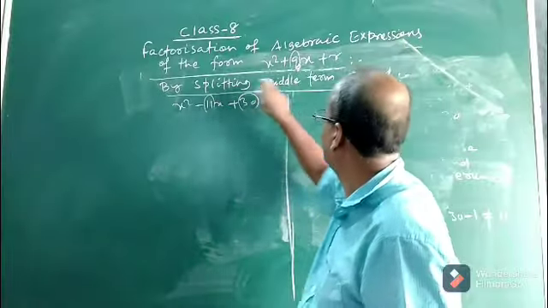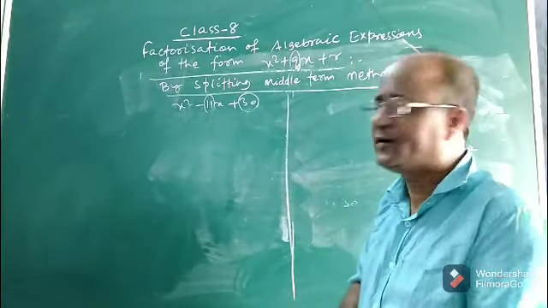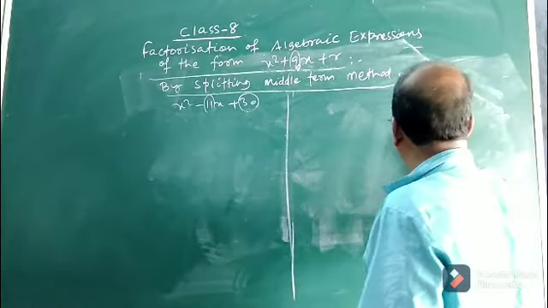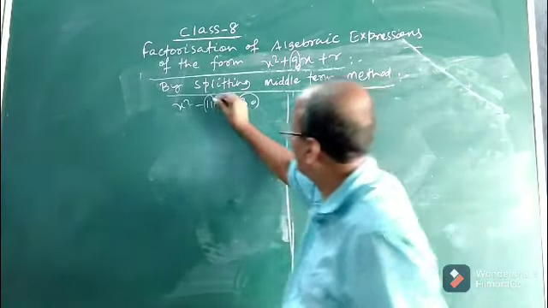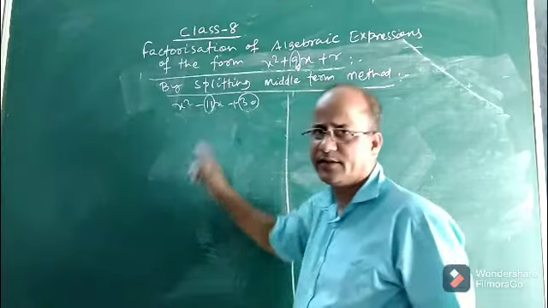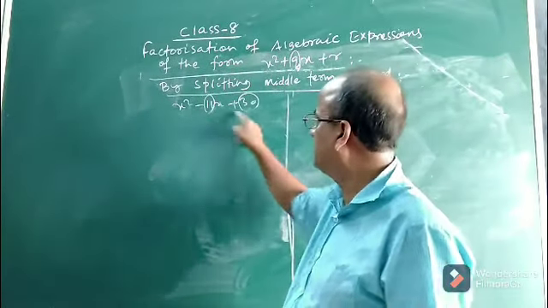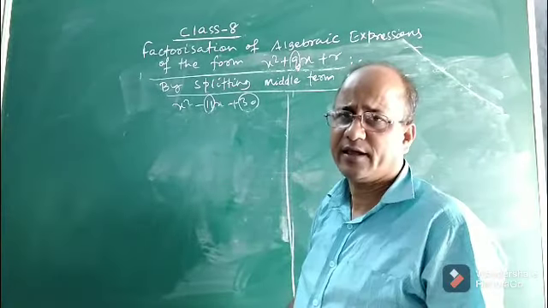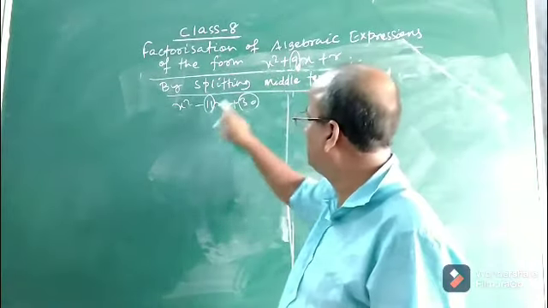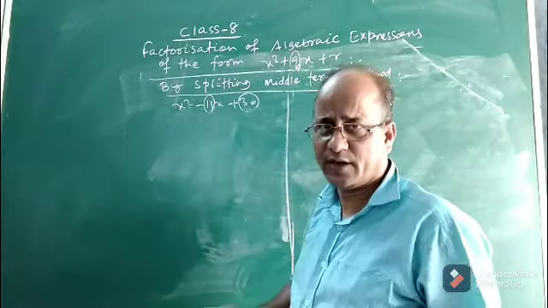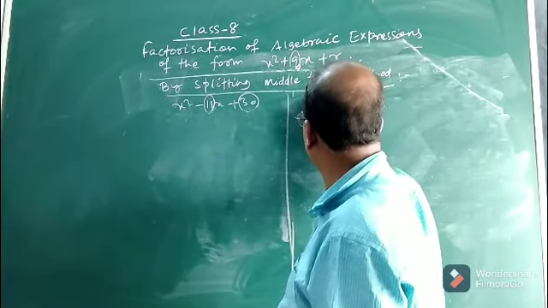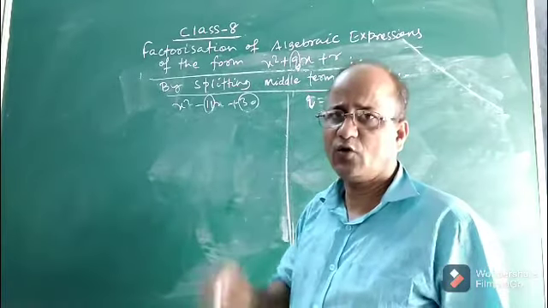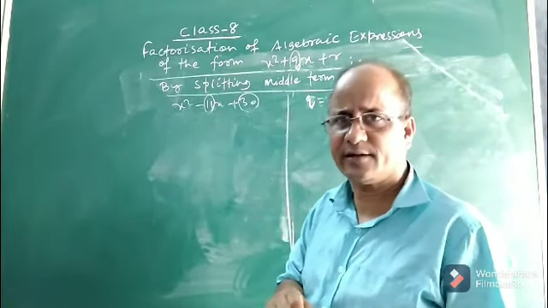To factorize it, we will apply the splitting middle term method. What is the meaning of splitting? Splitting means breaking the middle term. So here you see, what is the middle term in this particular algebraic expression? This expression is in the form of x square plus qx plus r, where the middle term is q, which is 11. See, how to split, how to break it? What is the process? Let me discuss.